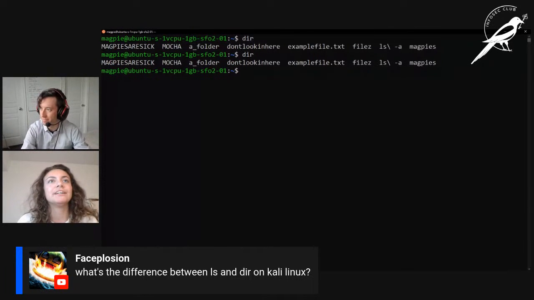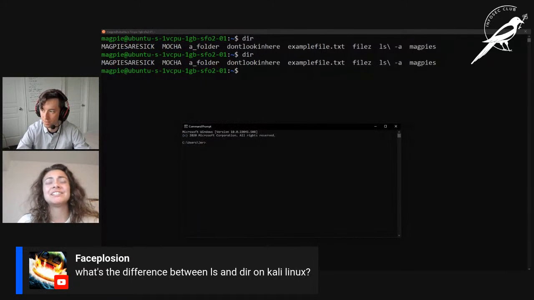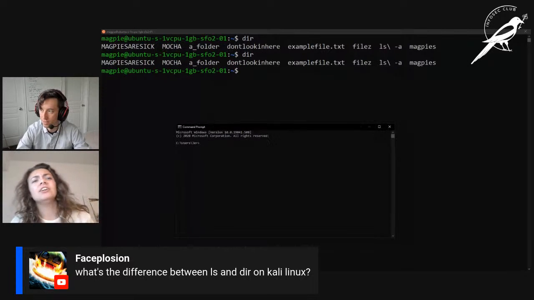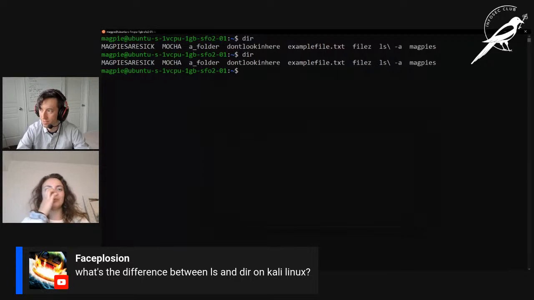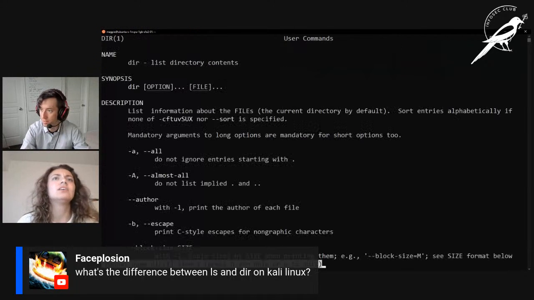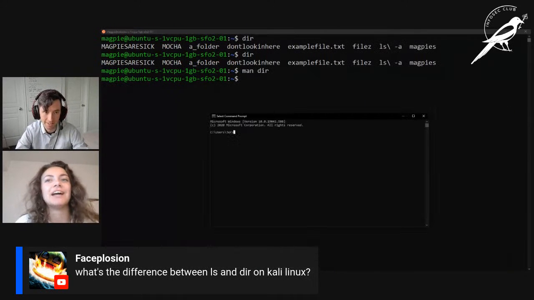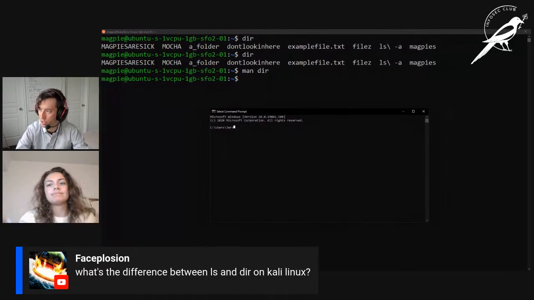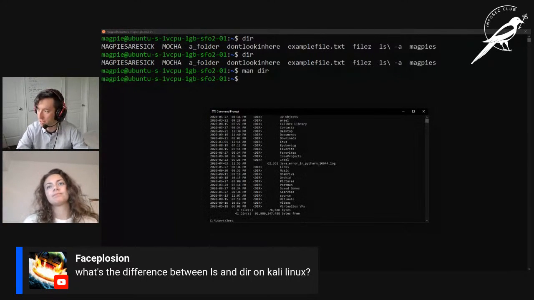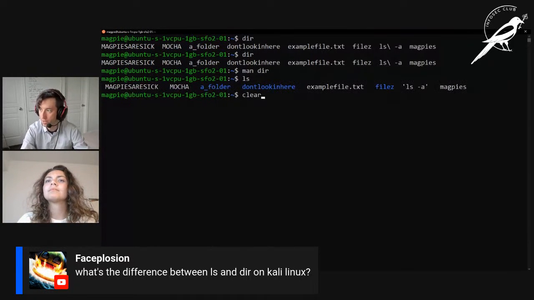dir stands for directory. Directory is another name for folder, so it's just going to show you what's in the folder. ls is list. I didn't know that Kali had the ability to do dir. dir is normally a Windows command. Yep, there it is. It's even got a man page. It might be exactly the same command, pretty much, just added in. Yeah, you're probably used to it in command prompt. If you're on a Windows machine, it lists all the files in the place that you're in. On Linux, usually what you use is ls.